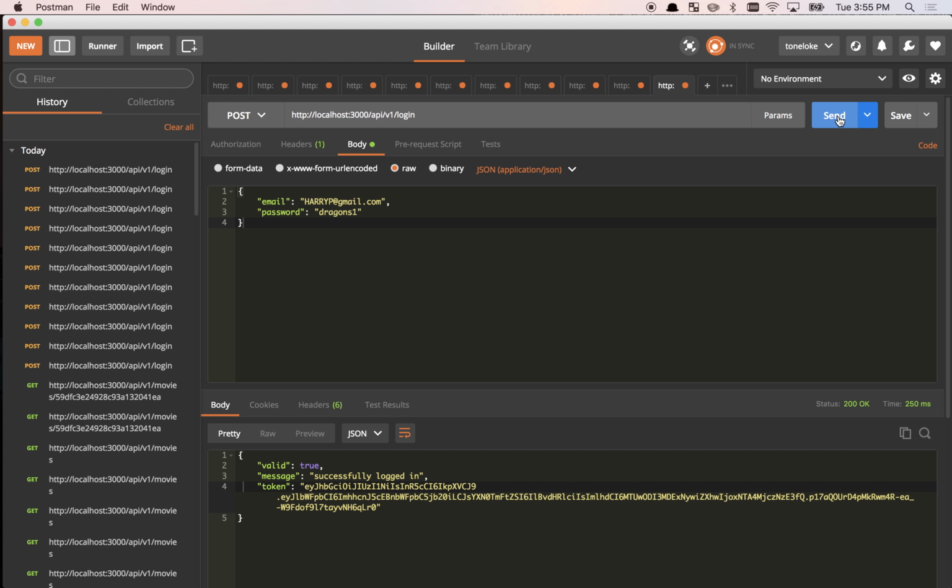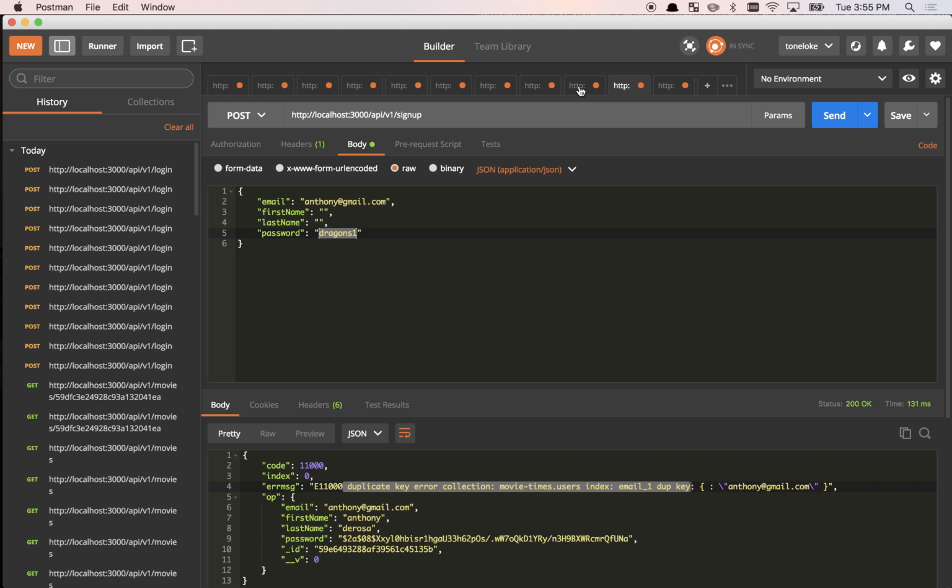Bam, there's my token. Okay? So that was a super tricky one, because even though it was in a separate file, when I'm creating the routes and applying the routes on my server, the movies routes came first, right? So that meant any route after those also had the authentication middleware. Okay, so now I have the token,